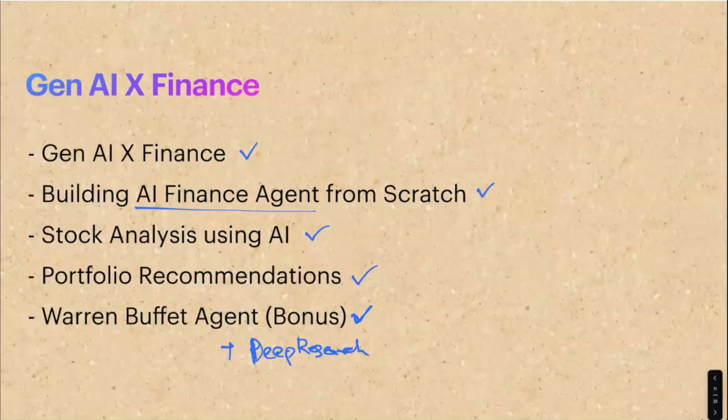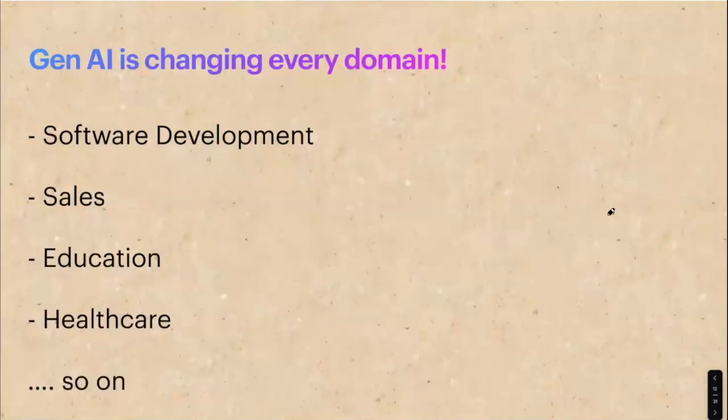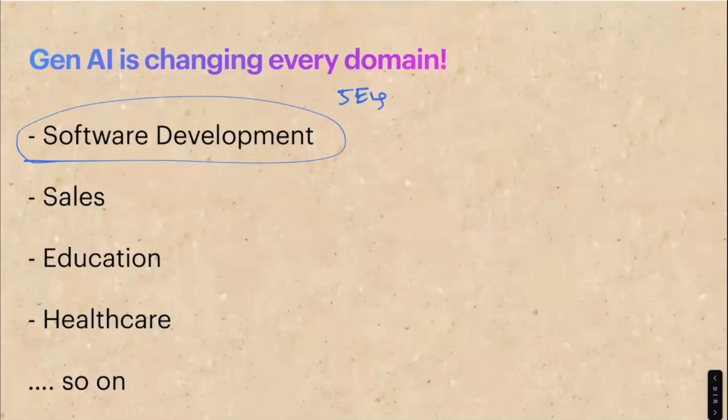So first of all, let me talk about generative AI. Generative AI is changing every domain. As of today, if you're looking at software development, something that could take a team of 5 engineers, let's say 2 or 3 years back, 5 good engineers would take 2 months to create some useful SaaS product. Now, today, one engineer within a couple of days is actually creating that. So generative AI is very impactful in software development.